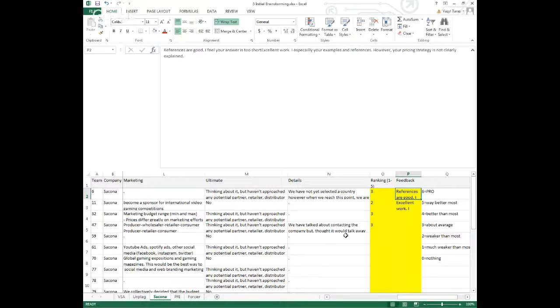And as I said, most of the problems you will see and most of the deficiencies, as well as most of the good things you will see, will be kind of similar. So there will probably be 3-4 negatives that you will always have to comment on, and probably 3-4 positives. The beauty of Excel is that once you type it up once, if you try to type it again, it will automatically use that same text. So you don't really have to type it again. But if you want to type it up in a separate file, like in Microsoft Word, so that your grammar is checked and everything, and just copy and paste from there, you can do it that way.